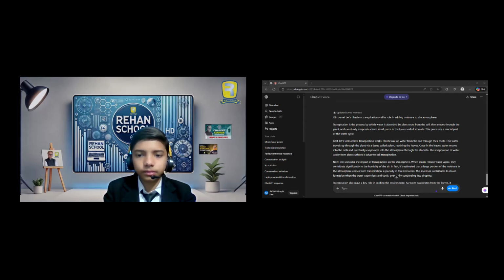Second, air pollution is a major concern. Pollutants from industrial emissions, vehicle exhaust, and other sources can lead to poor air quality. This can cause respiratory issues, cardiovascular problems, and exacerbate conditions like asthma and bronchitis. Third, the atmosphere can also be a source of harmful radiation. For example, ozone layer depletion can lead to increased ultraviolet radiation reaching the Earth's surface, which can cause skin cancer, cataracts, and other health issues.